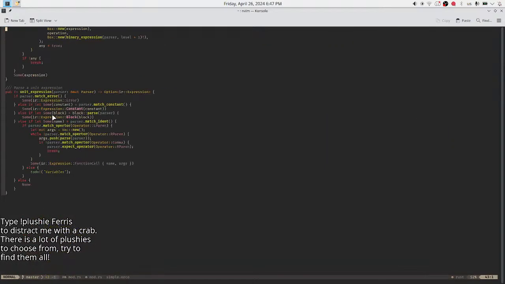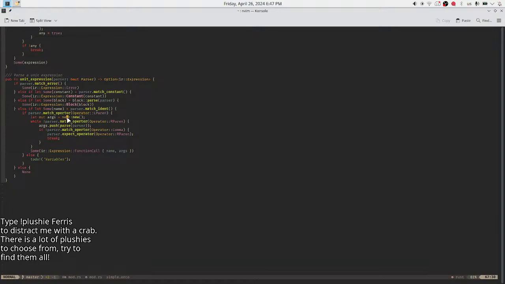Here. It's unary expression. If I'm matching left parenthesis, while there's no right parenthesis, I'm trying to parse an expression. And then if not match comma, expression. How do I fix it?